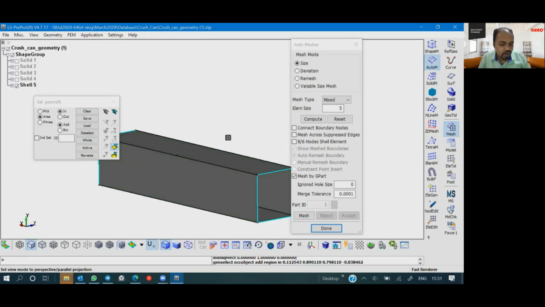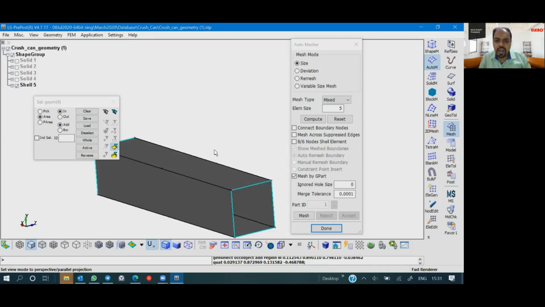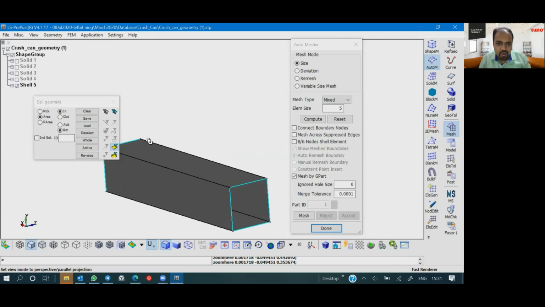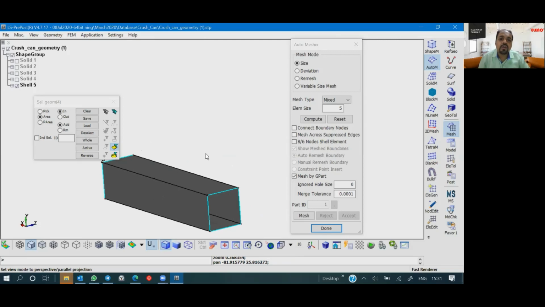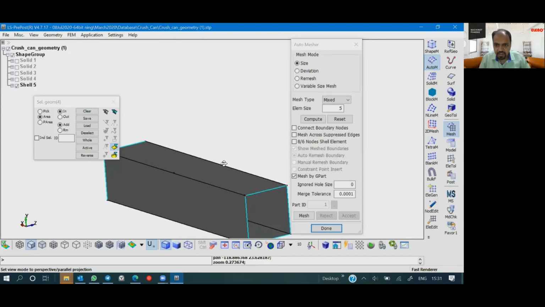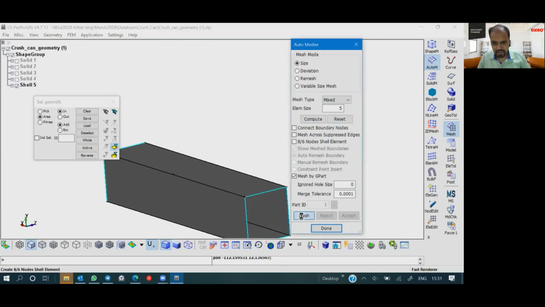How to rotate? Control and first click is rotate, control and scroll is zoom, and control and scroll button is pan. So you are essentially using only two buttons, and then we have tolerance and all, and then I'll click on mesh.